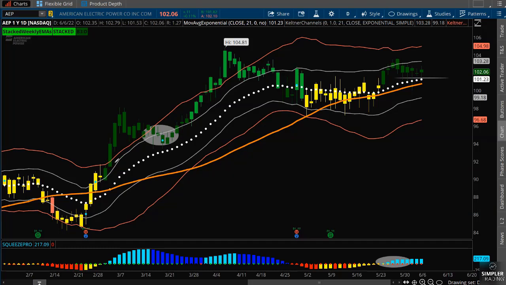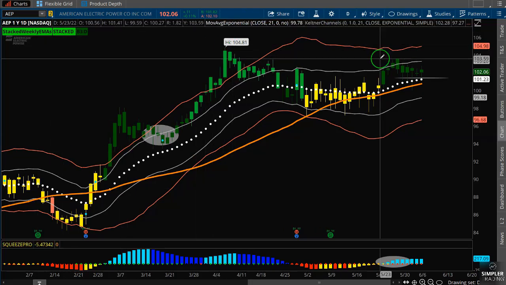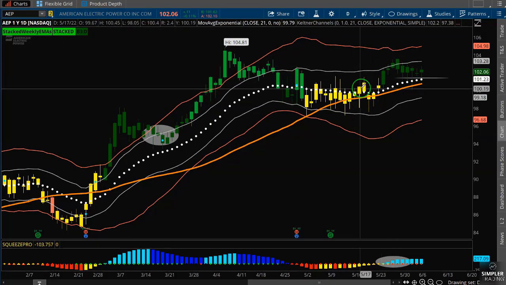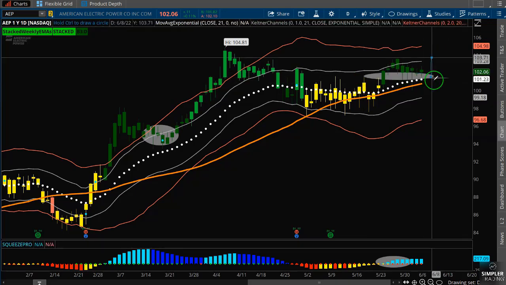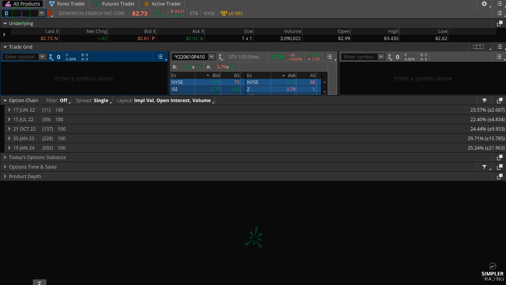So here's a nice daily chart in AEP. And we also have a daily squeeze, so same concept. A daily squeeze might take a week to 2 weeks to get going, and then once a move takes place, it could take a week to 2 weeks to release all that energy. So if I like the daily chart, I want to make sure that whether I'm taking a call debit spread or selling put credit spreads, I'm going with an expiration date that gives this setup enough time to develop and unfold. So if we go to the options chain here for AEP,